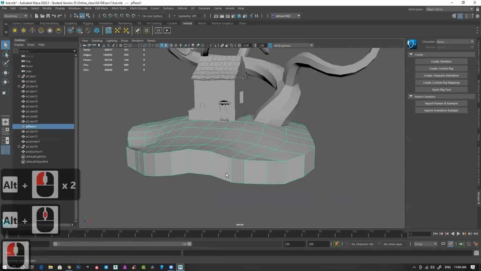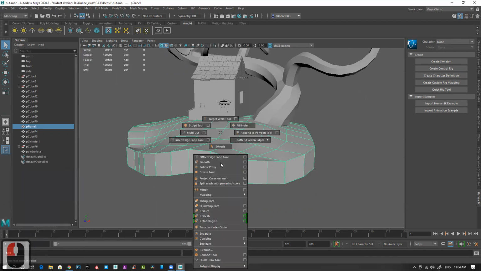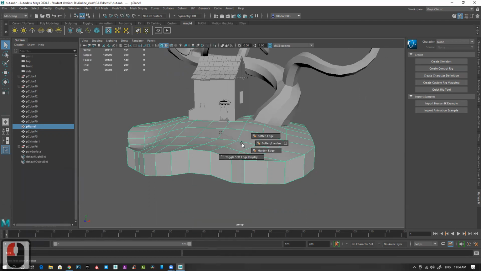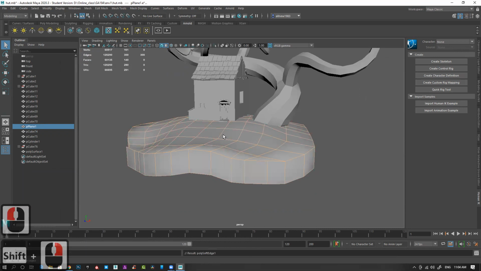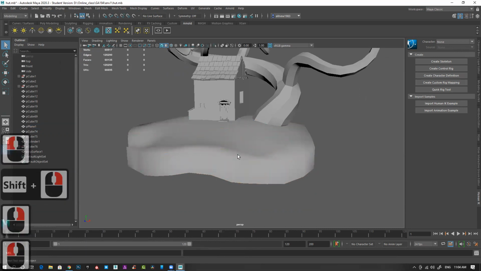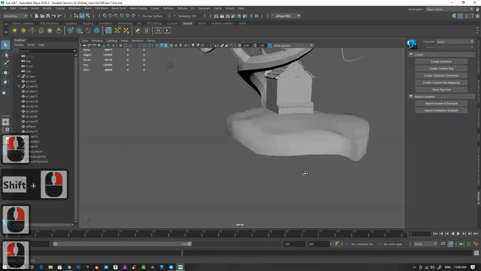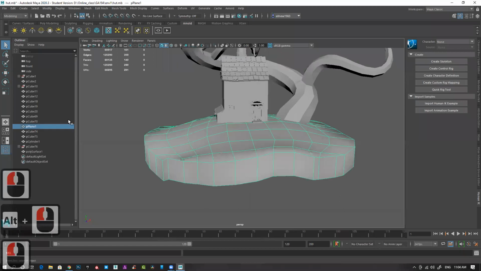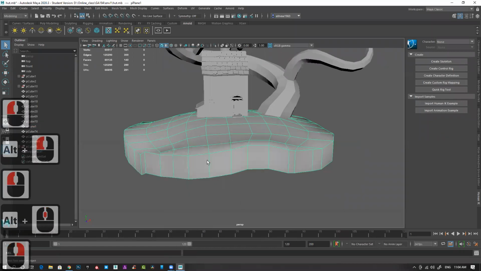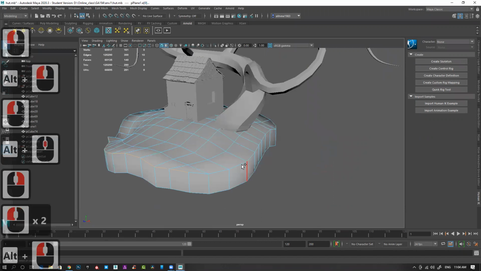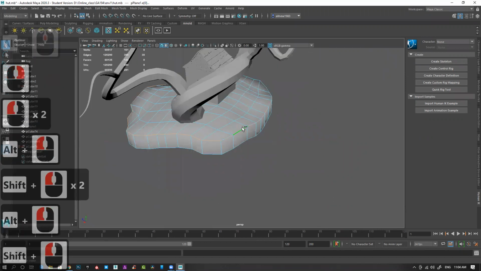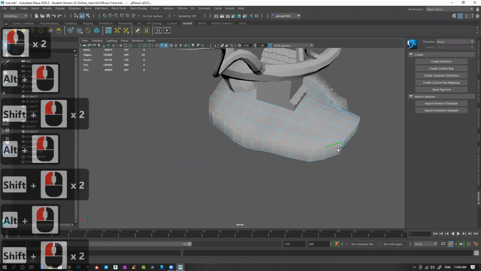First things first, select the model, shift, right click on the model, soften harden edges, and soft edges. It will soften all the edges. But in this particular model, especially this border is not very nice.